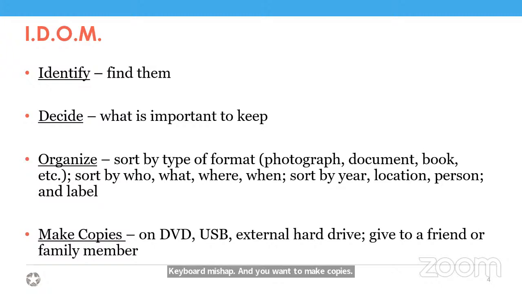So as you're going through the process, you may want to digitize. You may want to scan and save on a DVD, which is not an archival format, but it's easily accessible as you want a working copy that's easy to exchange with family and friends. A USB, external hard drive, any number of those options that you can give to friends and family that may